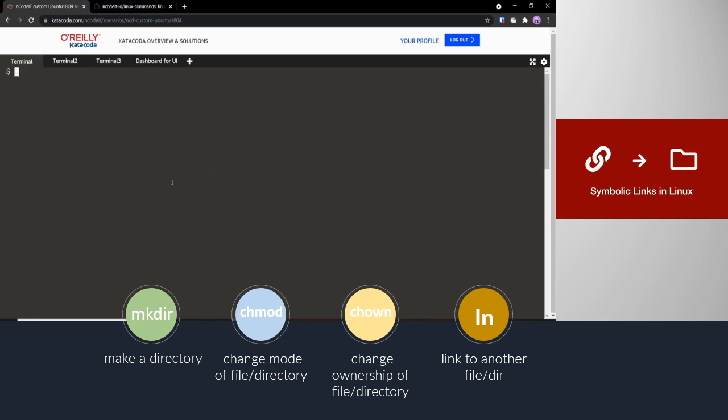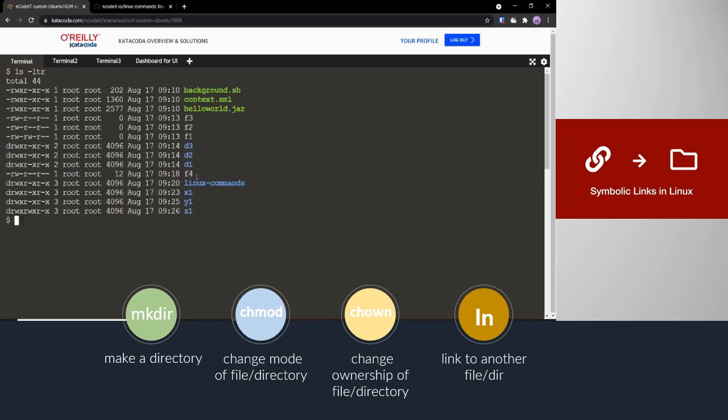Now from files and directories, let's jump on to what are called links. A link, as the name suggests, is a link to another file or a directory. So we can create pointers, or in other words, links to files and directories. For example, we have file f1 here. Now we want to create a link to f1. So the way to do it is